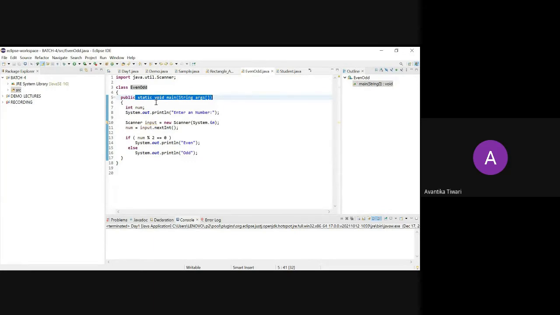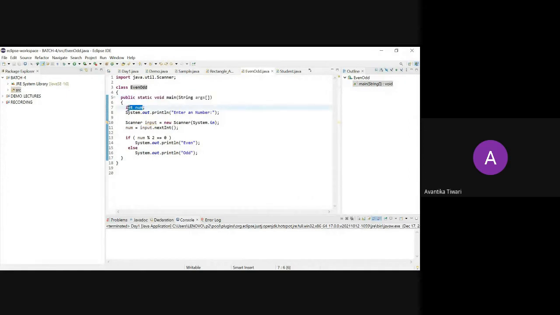Now, I want to take an input of a number from the user. So I have to declare that number because I told you Java is a strongly typed language. If it is a strongly typed language and you are accepting one input from the user, that number should be stored somewhere.